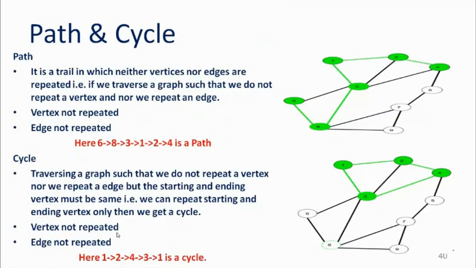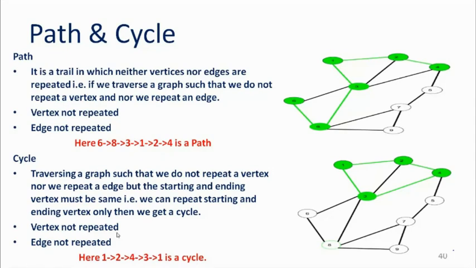We'll see the path and cycle. The path and cycle are very important concepts, especially in the routing of packets in computer networks. What is routing? You have seen several routing protocols. Each and every routing protocol in computer networks that you study in future will be based upon the same technique: identifying the shortest path between the source and destination based upon some criteria.